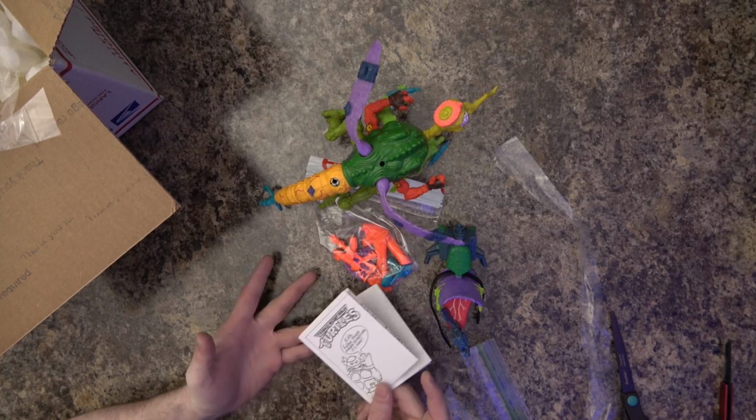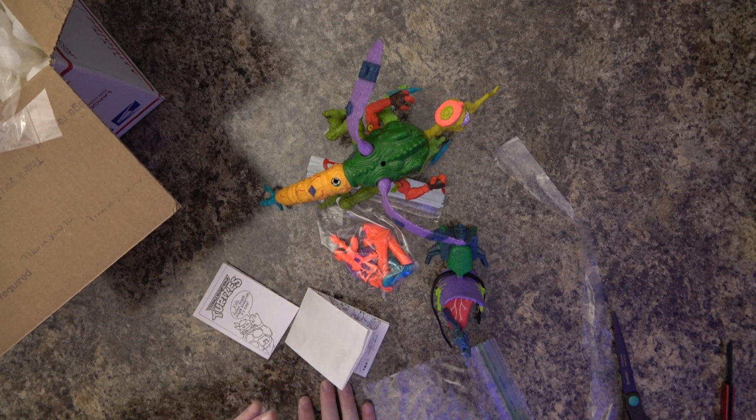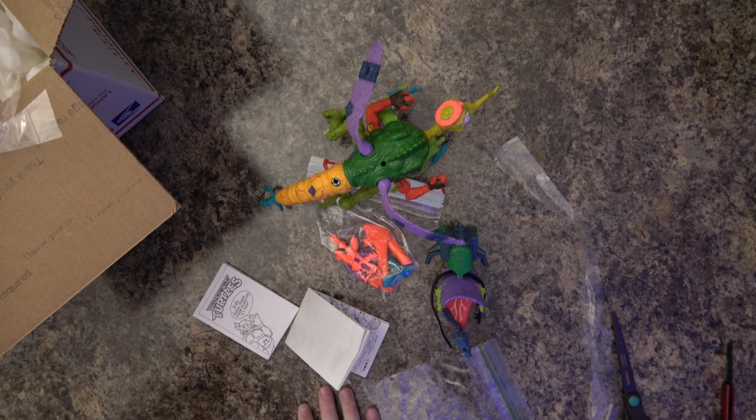I've got to compare and contrast this with the other figure, but I'm excited to have a complete one, even though I'm not excited about the fact that I have purchased two of them in such quick succession. If I had just been a little bit more patient, just waited, I would have been in a good place. It's a needle nose again. If you saw my other video, I unpacked a needle nose, but it was missing some exhaust pipes. This one has exhaust pipes, and this one's complete, so I probably could have just waited and got this one instead. It also has the instruction manual, but